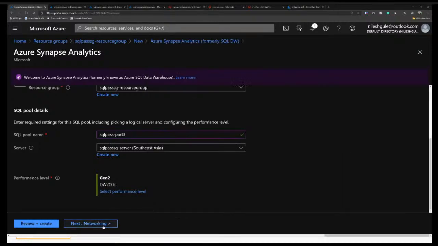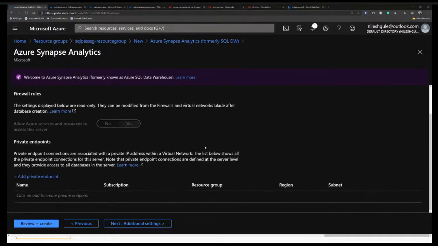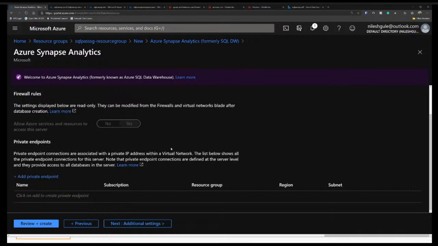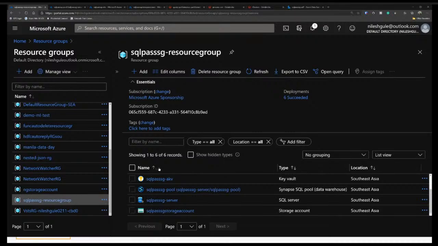Then I get the next set of options, which is networking. Where do I want to position this service? Is it within a private endpoint or within my firewall, or do I want to expose it using the public services? I can add a private endpoint here to access it only from the virtual network. Let's say I have a virtual network created, then I can expose it only to this virtual network. In the interest of time, we'll skip this part because I've already created this service. So let me go back and look at the properties of the one I've already created.